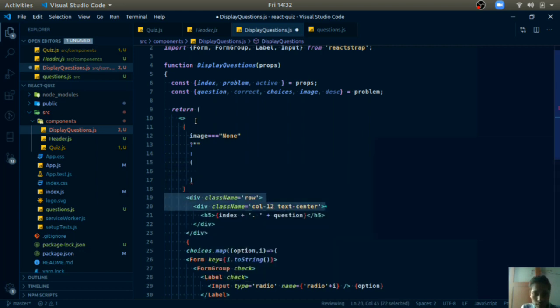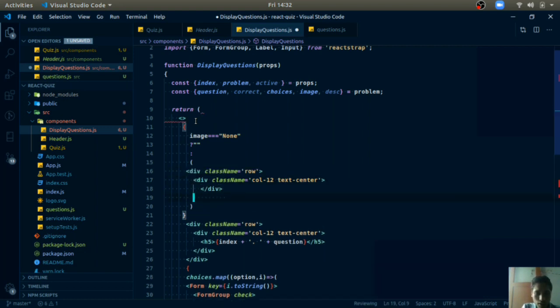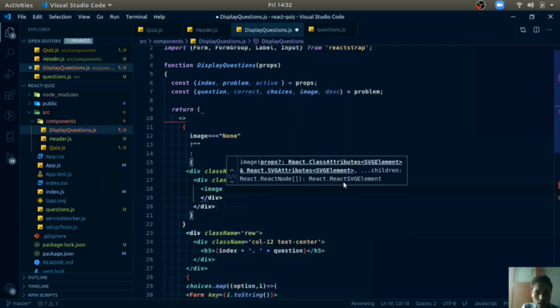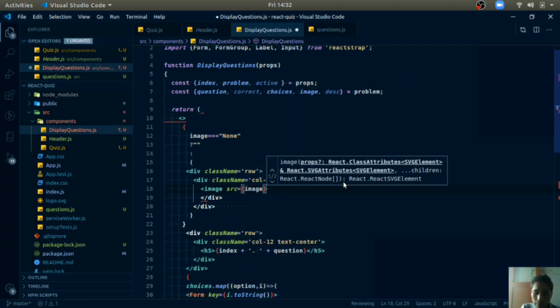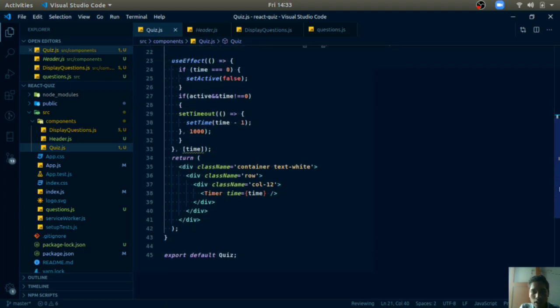Just copy this because we want to center it, so we will use text-center, and inside this div we will place an img tag, with src equal to the image attribute, or the image prop. Now it should work fine. Let us see. Oh, this should be img. Now let us see.